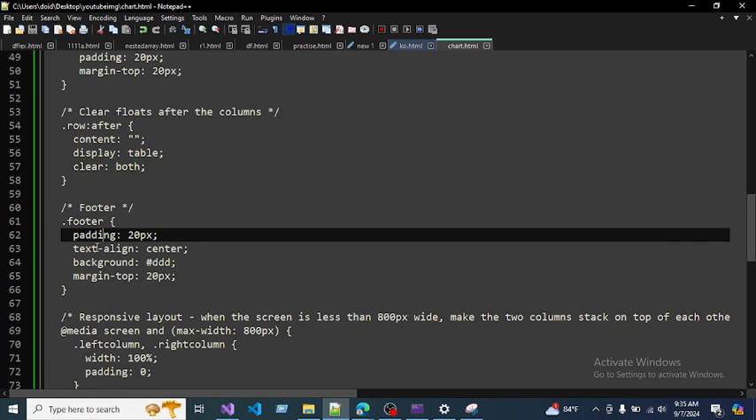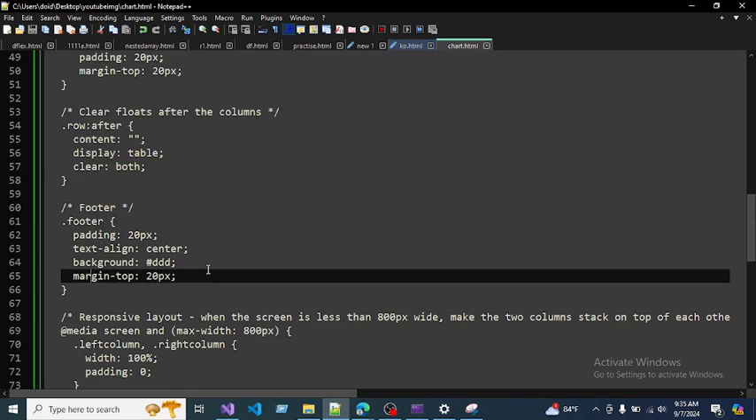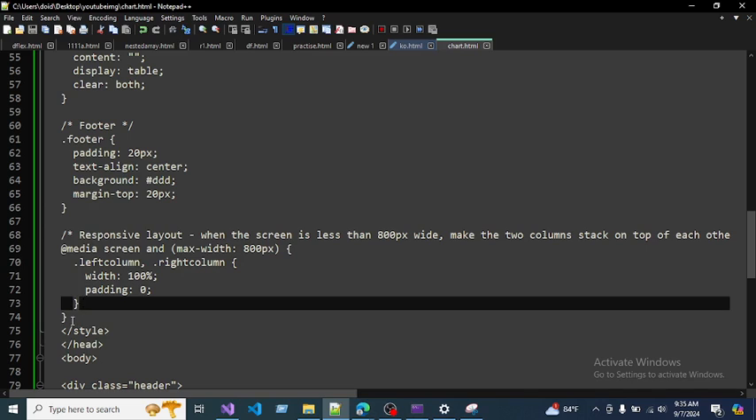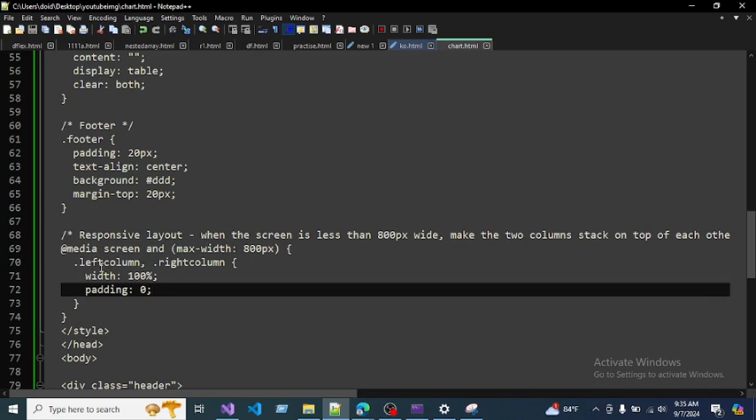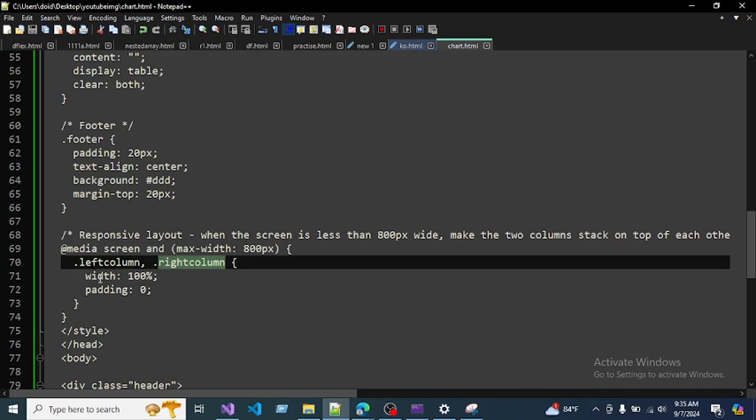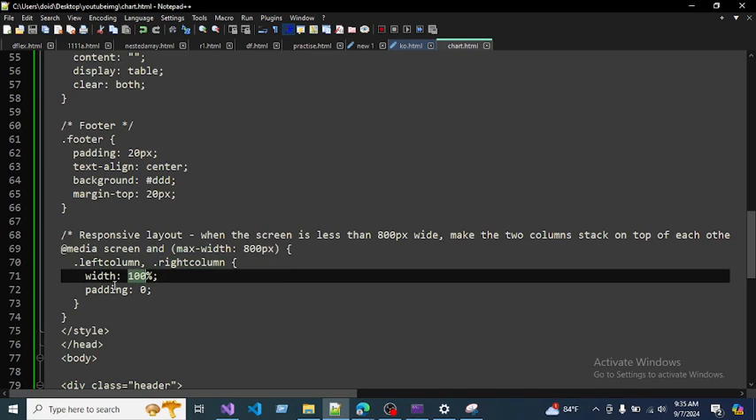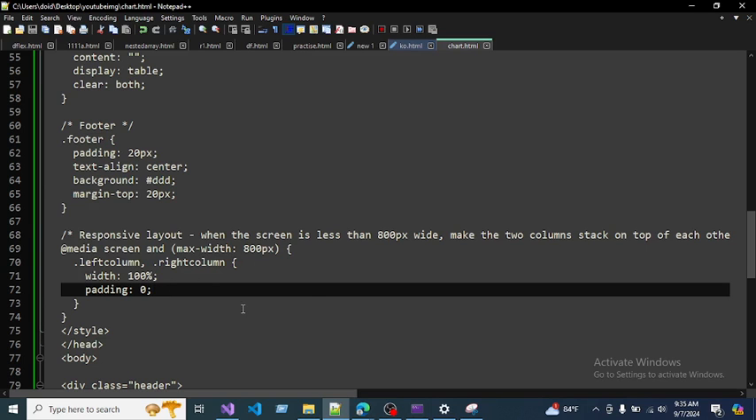Okay, now add the footer style, padding, text and background margin for the responsive layout. And set the left column and right column width will be 100%, as 0. Okay,